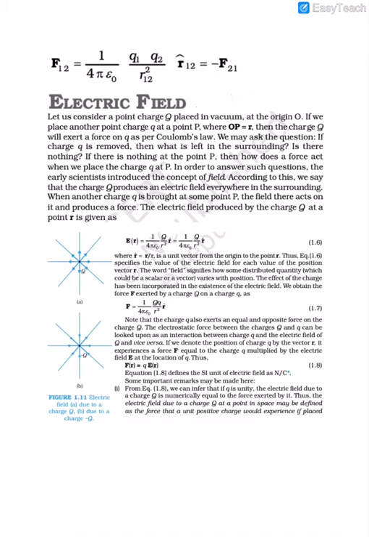Similarly, we say that if you have a charge, let's say capital Q, and at a particular location, say capital P, the position vector of P with respect to capital Q is vector R. In that case, we can say that the charge capital Q, which was initially placed at the origin, produces an electric field everywhere in its surroundings, and therefore the charge small q, which we now bring to the location capital P, will have a force exerted upon it by capital Q.